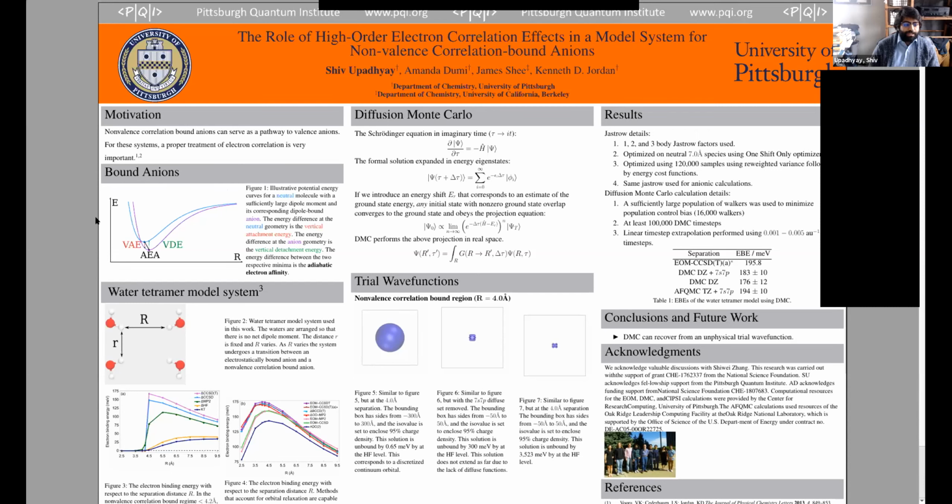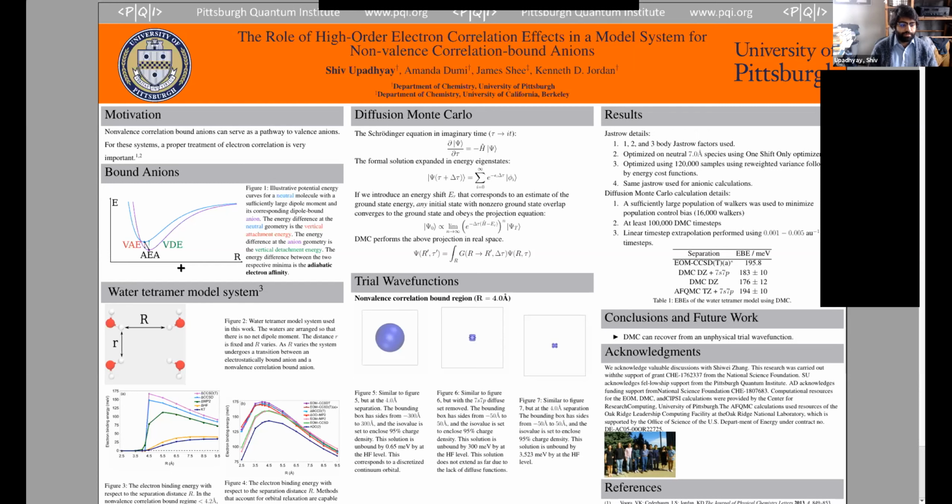The first thing is I'll be talking about anions, which are electronic systems where there's an excess electron, and I'm talking about bound anions, which means the anion lies energetically below the neutral. I have a depiction on the left side of the poster here. There's a couple of different ways you can look at this if you allow the geometry to relax. In this case, we're going to say that either the geometry relaxation is negligible or we're just looking at the vertical attachment energy. For these types of systems, that's equivalent.